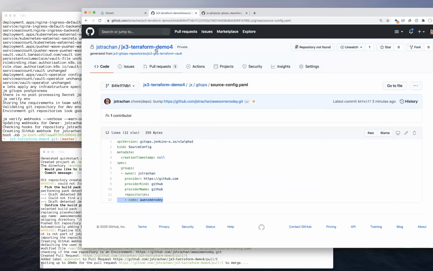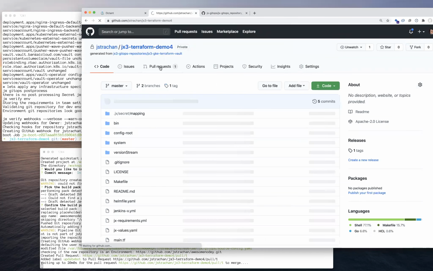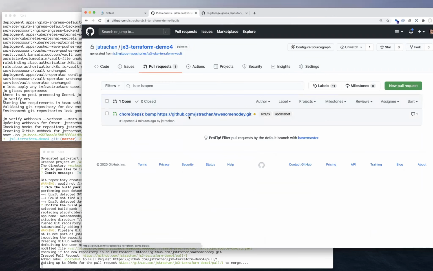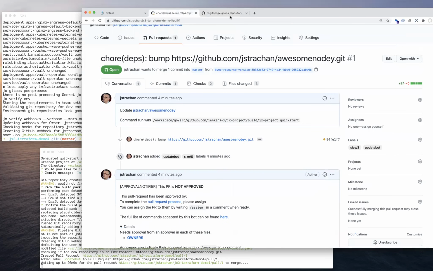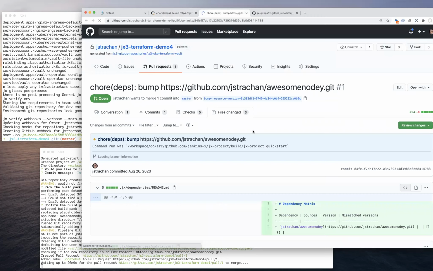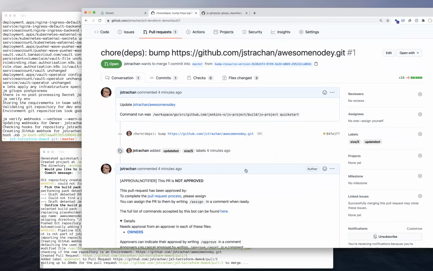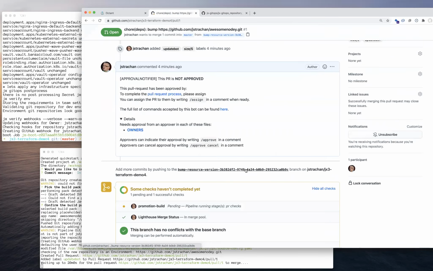Okay, so we're back on this Git repository. We've got a pull request. This piece here is a little bit slow, I confess. What happens, we create one pull request, which is a fairly small commit. It adds the source config repository. Then a pipeline runs, and then it's going to create another commit in this pull request to add all the